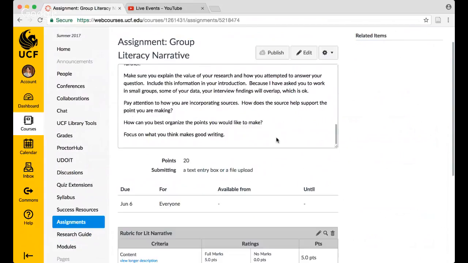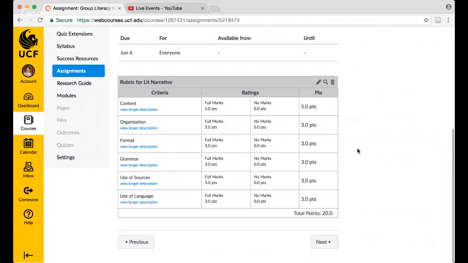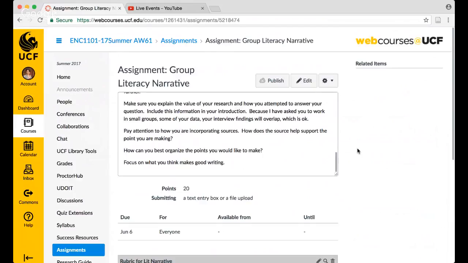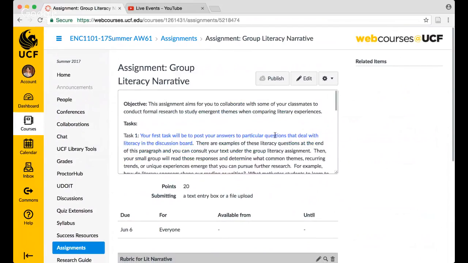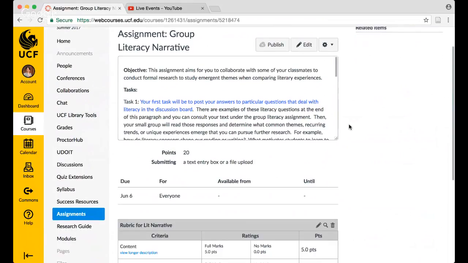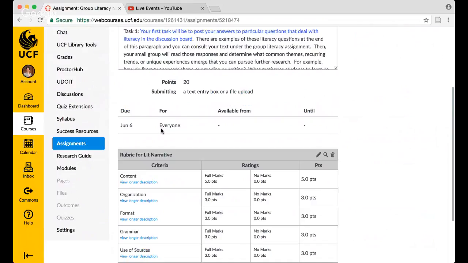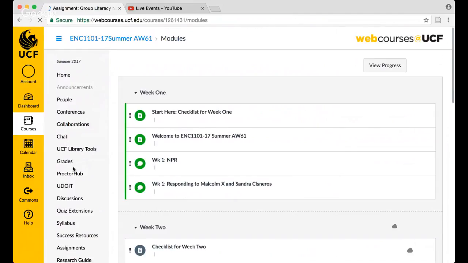Let's see. So that's a general idea of what this project is going to look like. You're going to complete it in your group, the group that I've put you in. So for now, we're going to leave it at that, and think about